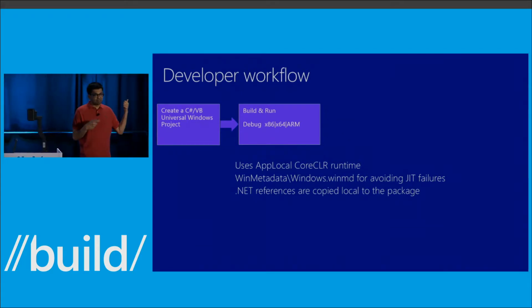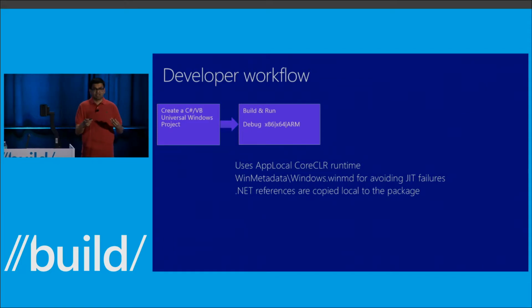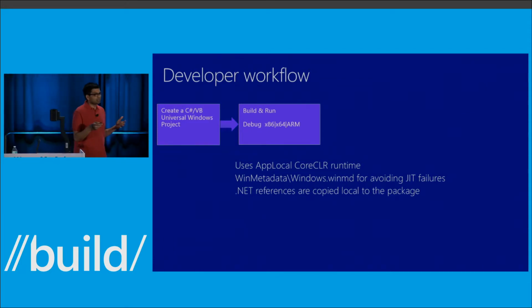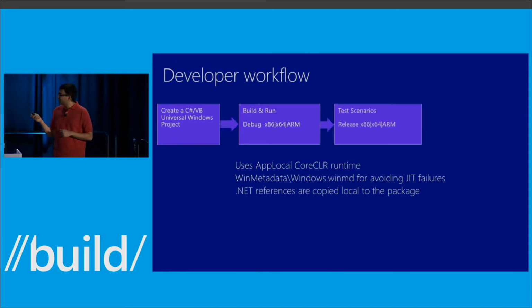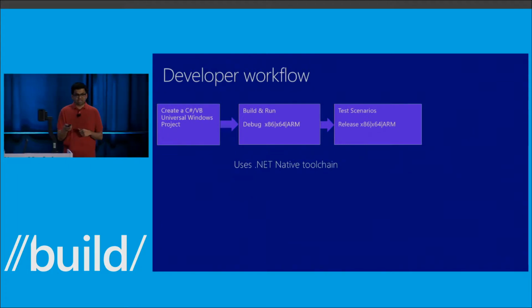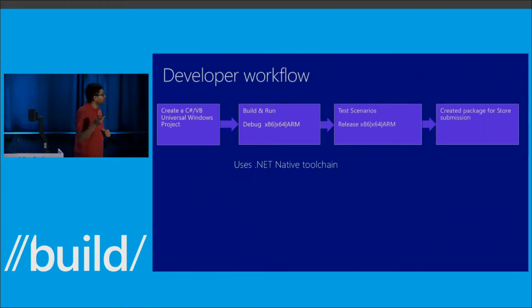We do have a metadata file that we generate, and we keep it updated with all SDKs that you could ever install on the machine, so that when you're testing your application, you don't run into any JIT failures. And then, of course, we'd copy all of the .NET references into your package as well. When you're testing your application, that's when you're running with the .NET Native toolchain. The packages that you submit to the store